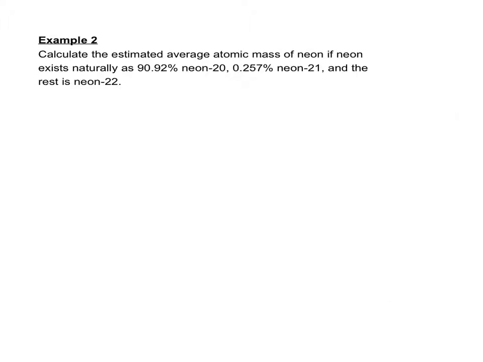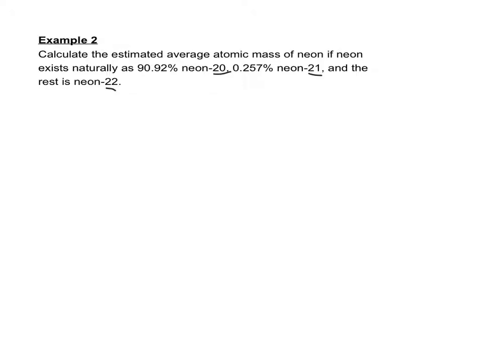So, one more example. Calculate the estimated average atomic mass of neon if neon exists naturally as 90.92% neon 20, 0.257% neon 21, and the rest is neon 22. So, I have 3 isotopes here, neon 20, neon 21, neon 22. I do not say in the problem the actual mass of neon 20 is whatever. The actual mass of neon 21 is whatever. The actual mass of neon 22 is whatever. If I don't tell you actual masses, you are allowed to use the assumed masses of those different isotopes, 20,